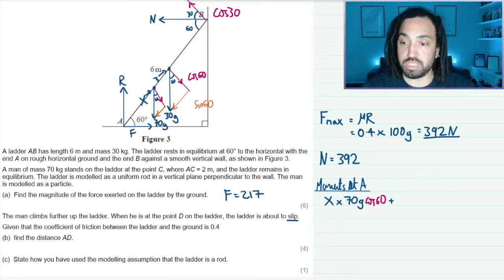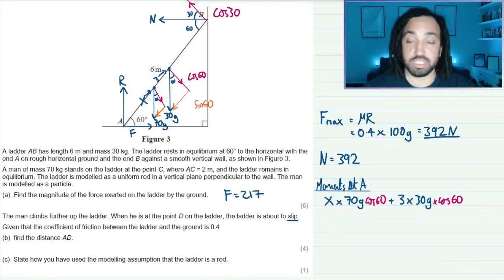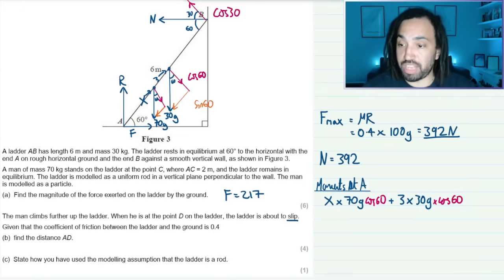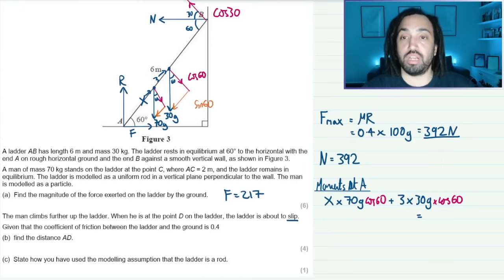And we've still got the weight of the ladder, and that is 3 away from the pivot point, and that weight is 30g, and then we're multiplying that as well because we want the component of it which is perpendicular, so that is by cos 60. And that equals the